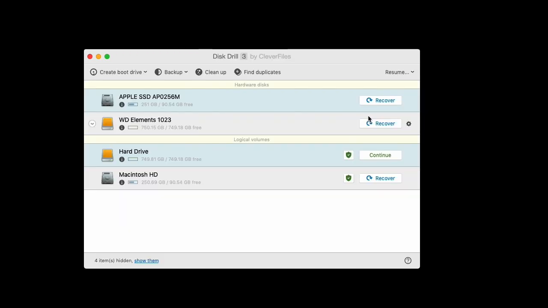Disk Drill is much smarter than just quick and deep scans and implements multiple recovery methods depending on the file system and the type of the scan device. And so that's why we recommend using the universal recover button on the entire storage device to achieve the best